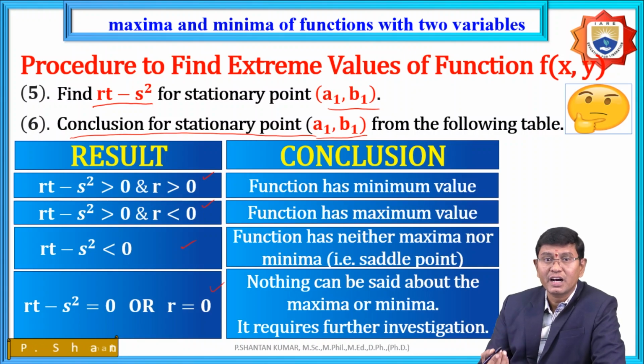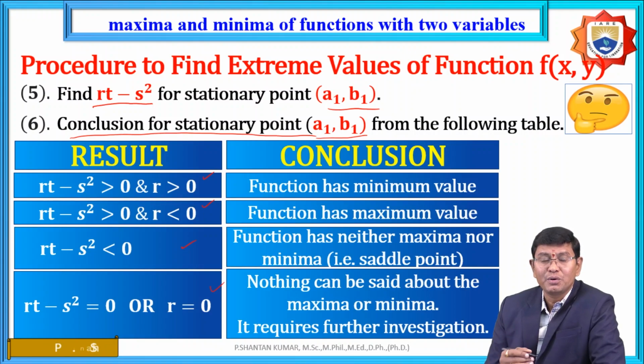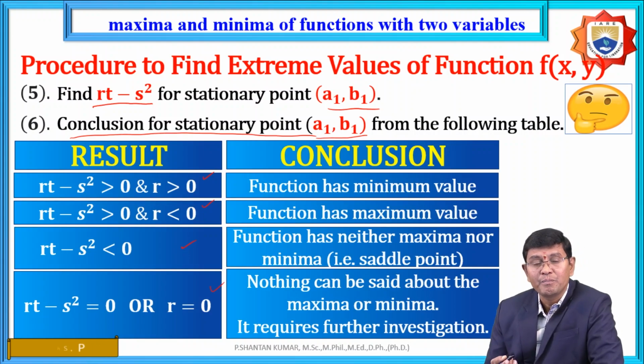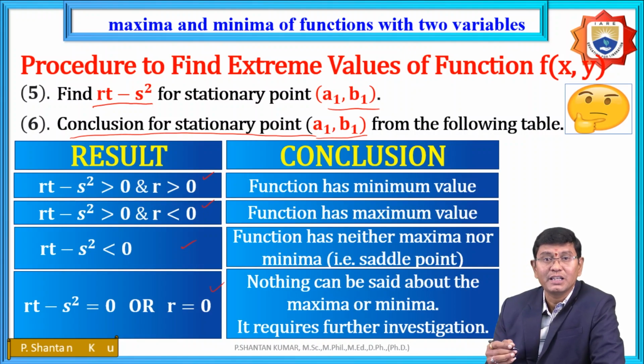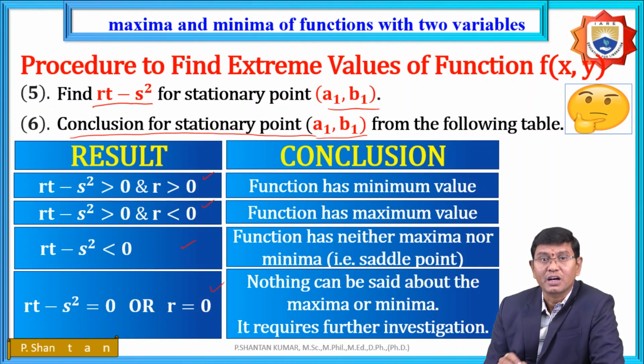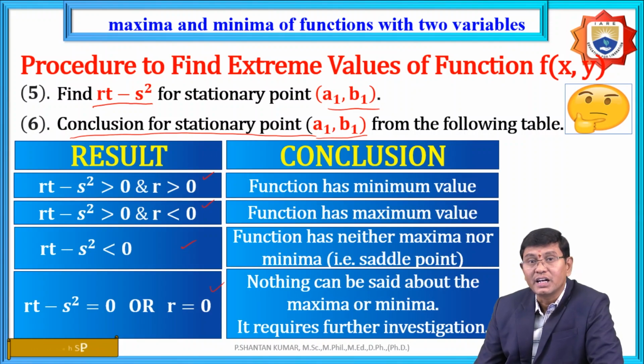That means according to this working rule of maxima and minima, first we need to find p comma q, that is the first order, and solving those equations p comma q, we obtain the stationary points. At each stationary point, you need to find out r comma s comma t, and based upon that r comma s comma t, we need to find out the result and conclusion. The condition is rt minus s square is greater than 0